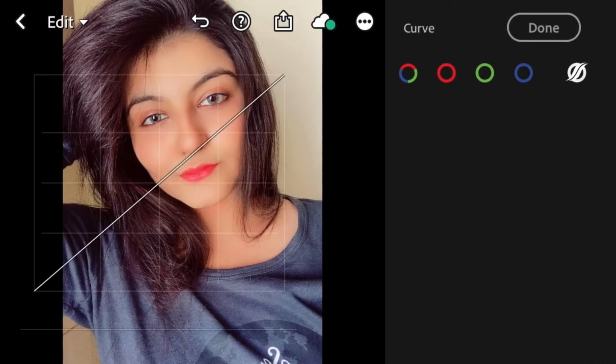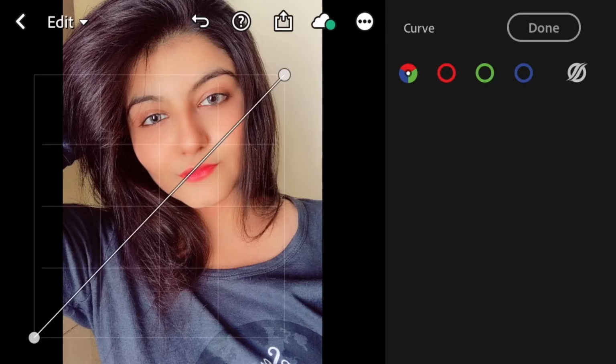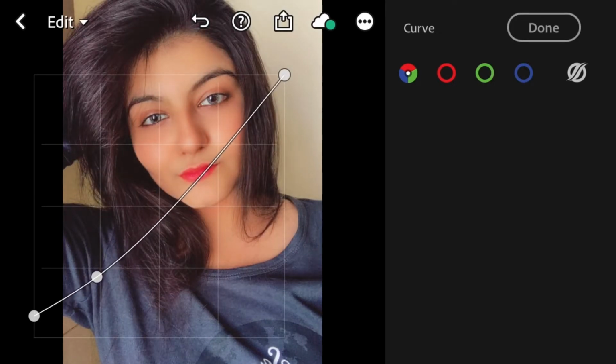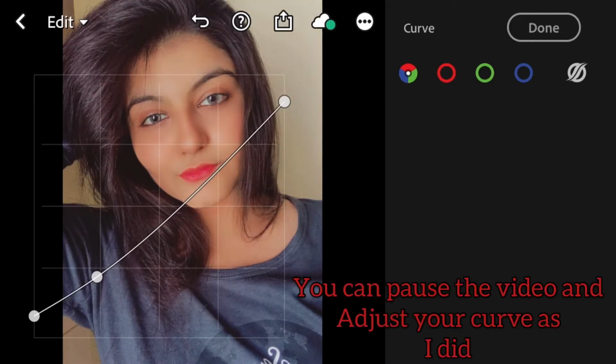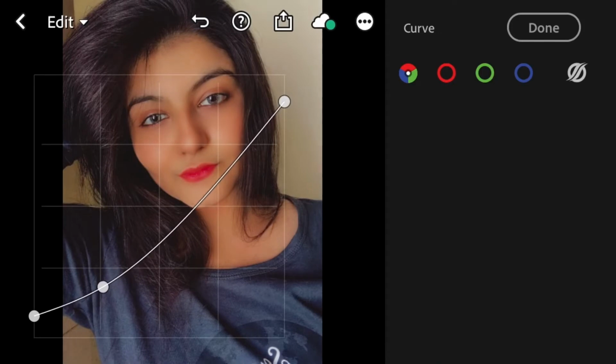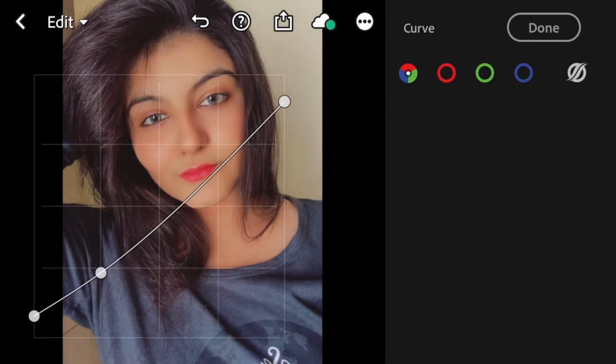Now you need to adjust the curve. So for the curve, as you can see, there are 4 options. So select the first one, which is the multicolored, which will appear white like this. So now you need to adjust it as I am doing there. You need to increase a little bit and take it a bit up so that you can have a faded effect on your pictures. So you just have to create this kind of curve. You can just see it and edit your pictures according to it. So I'm shortening the curve a little bit.